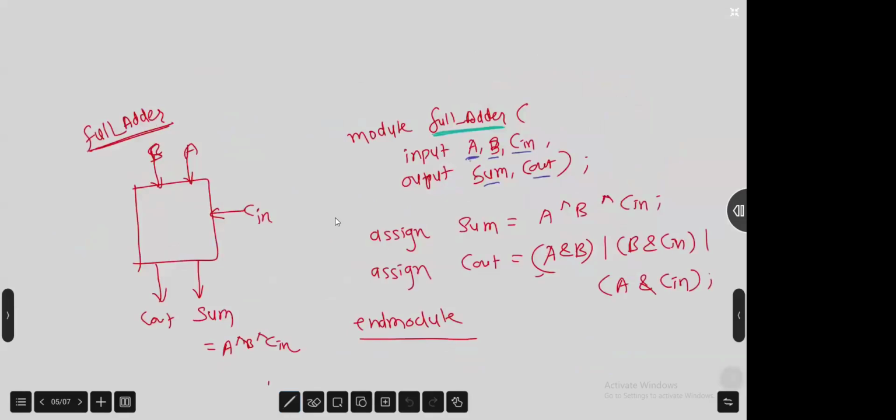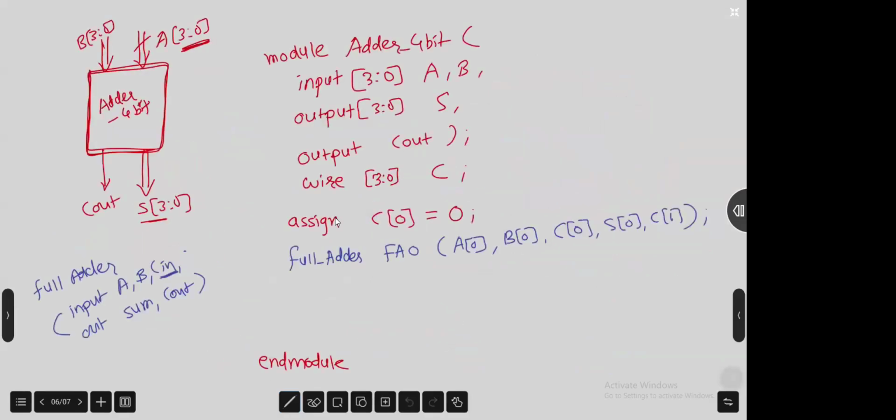So what are we going to design here? मैं अभी यहाँ पे क्या डिजाइन कर रहा हूँ, 4-bit adder. तो मुझे कितने full adder लगेंगे, 4. So full_adder FA, इसका नाम देंगे हम FA1. So A को कनेक्ट रहेगा A of 1, B को B of 1, Cin को C of 1, sum को S of 1, और Cout को क्या कनेक्ट रहेगा,